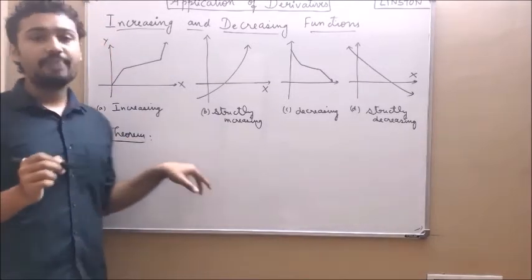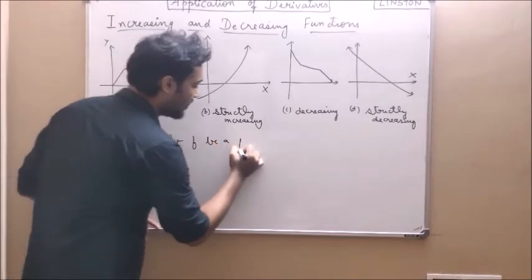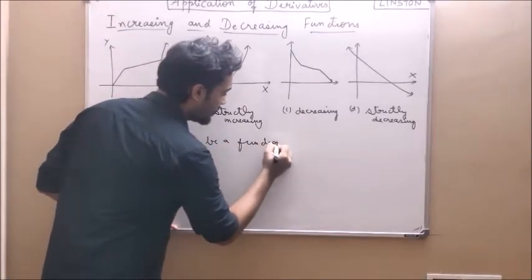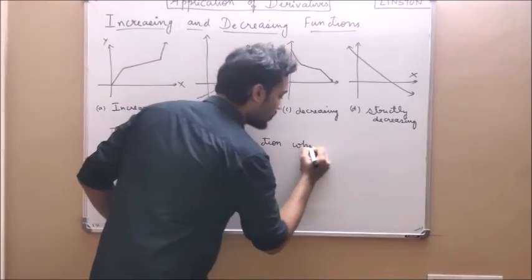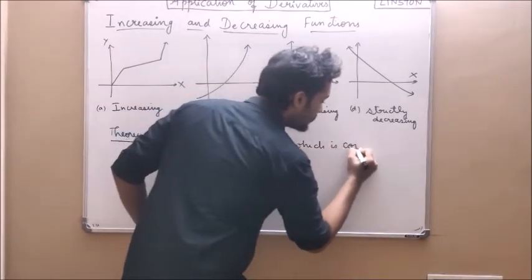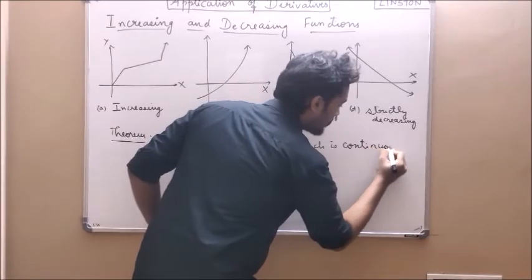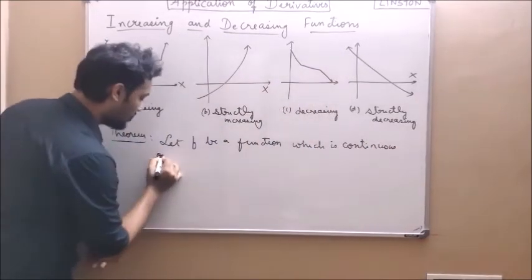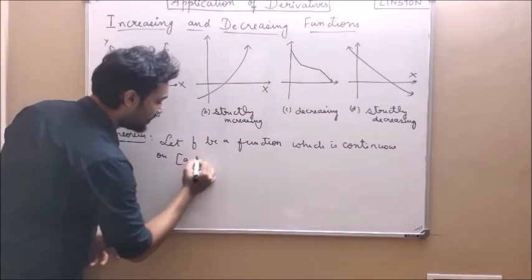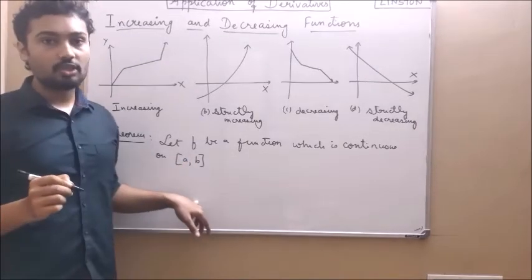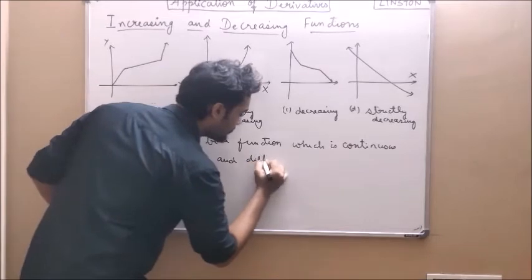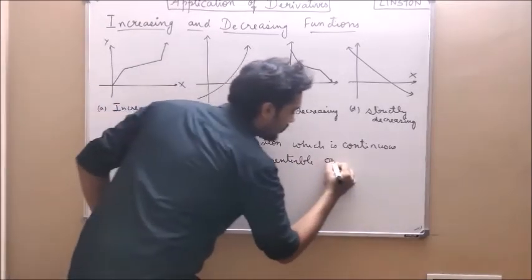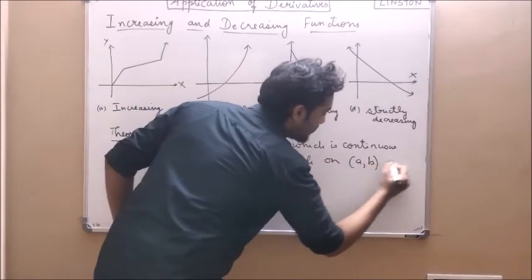Let f be a function which is continuous on the closed interval a comma b. It is continuous on the closed interval a comma b and differentiable on the open interval a comma b. Then